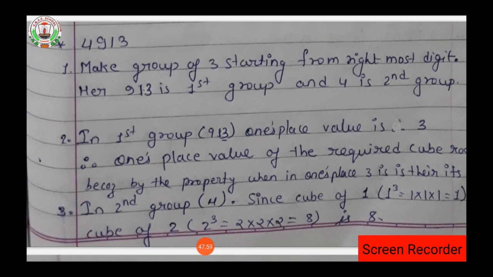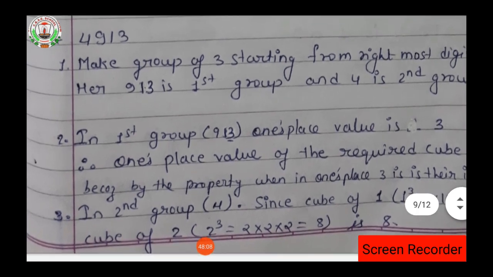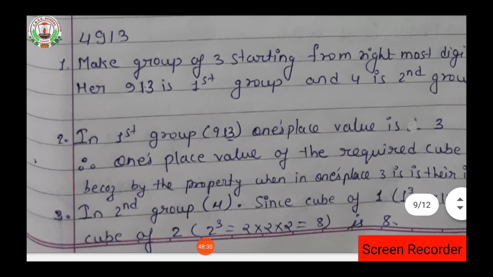तो अगर कोई नंबर 3 में एंड होता है तो उसका क्यूब रूट जो है वो 7 होगा, ऐसा प्रॉपर्टी से हमको पता चलता है। सो इट इज़ वेरी इंपॉर्टेंट टू स्टडी द प्रॉपर्टीज ऑल्सो। ओके, सो जब कोई नंबर का क्यूब रूट निकालना रहता है और वो नंबर जो है वंस का प्लेस वैल्यू में अगर उसका 3 रहता है तो उसका क्यूब रूट में वंस की प्लेस वैल्यू पर 7 आएगा। ठीक है, और सेम इसका ऑपोजिट बोल सकते हैं कि अगर कोई नंबर का प्लेस वैल्यू 7 है तो उसका क्यूब रूट निकालने पर उसकी वंस प्लेस वैल्यू पे 3 आएगा।